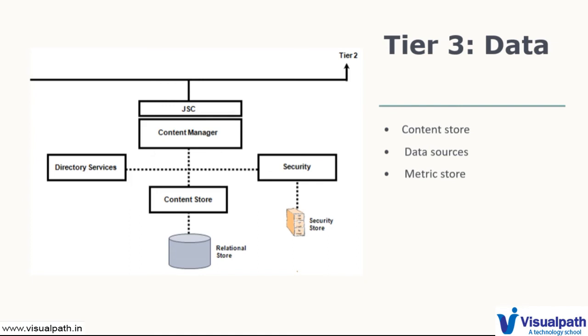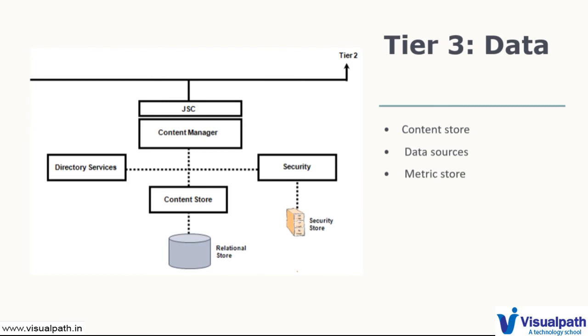The data sources are the underlying database. The basic functionality of Cognos is to represent data in a much more presentable way. Otherwise we have the database, where you can simply write a SQL statement to check the data. The data sources can be Oracle, SQL Server, DB2 or Netezza, according to the business users' requirement. Cognos uses those databases to create reports. So that is a part of the data tier.